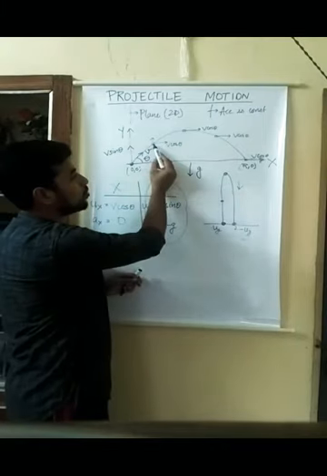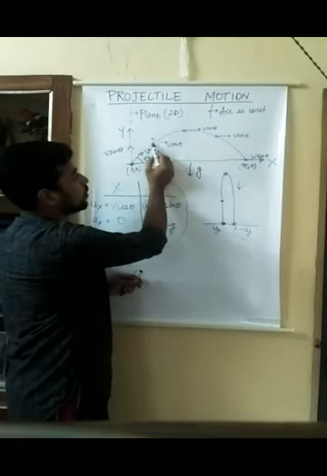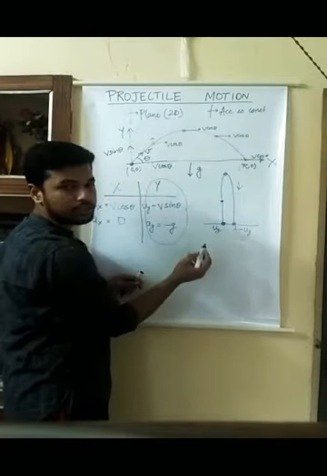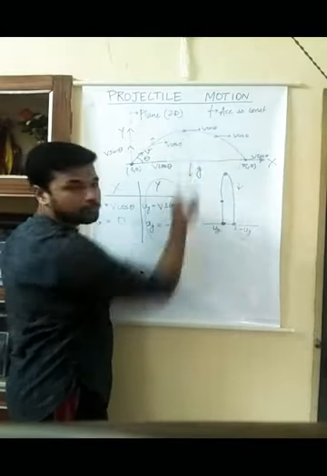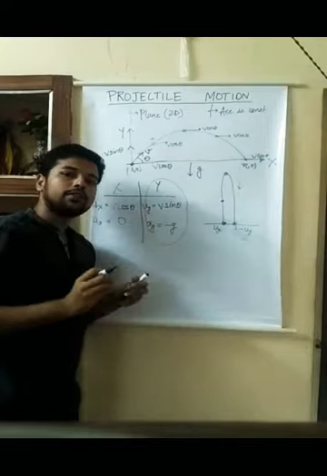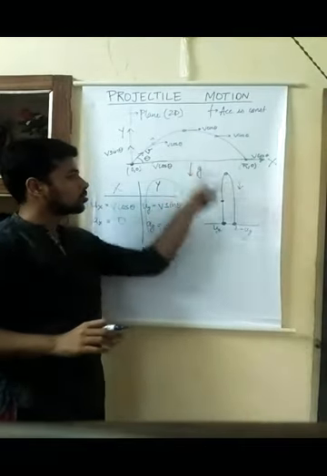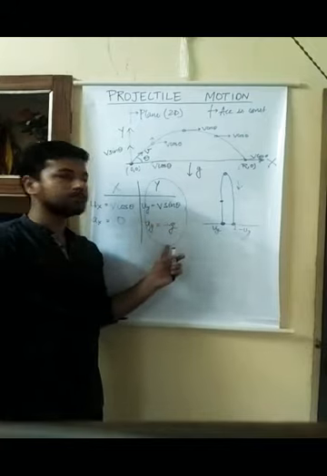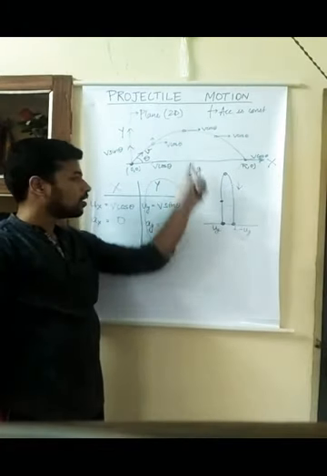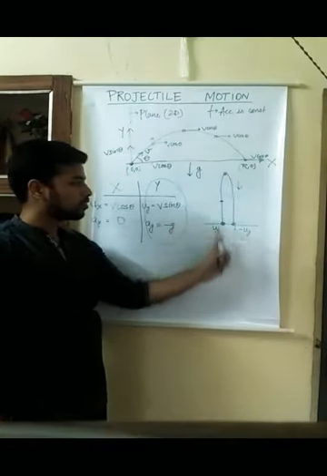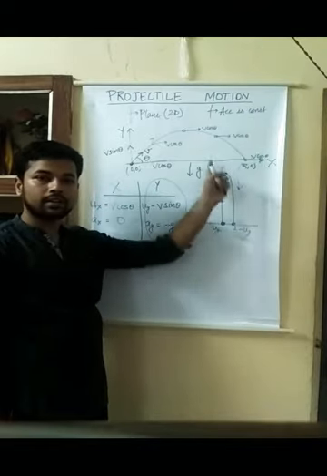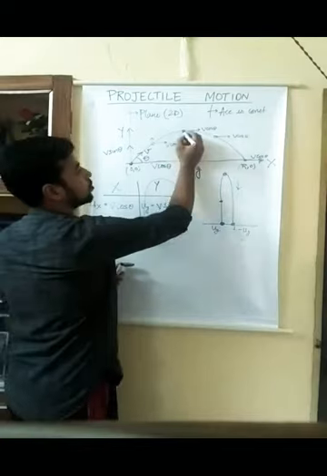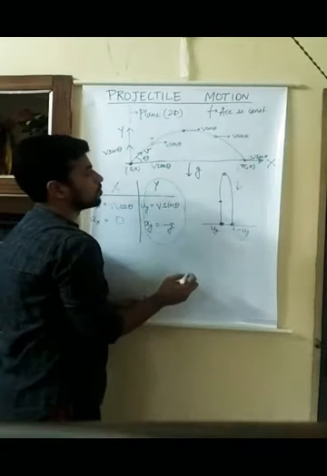As the projectile moves to this point, y velocity would have decreased. It is corresponding to this position. When it reaches the topmost position, y velocity would become 0. It corresponds to this. If we consider dynamics in y direction, this topmost position corresponds to this y kinematics in y axis. The y velocity here would be 0. There will be no y velocity.